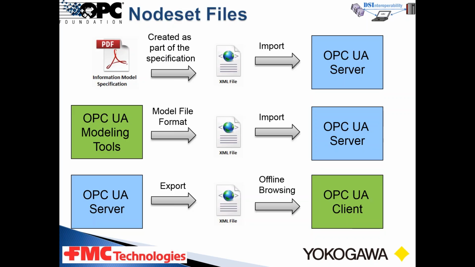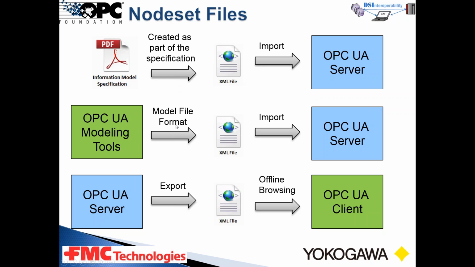So here, when subsea companies like FMC are generating their servers, they look at the information model, and this information model is generated by the MDIS committee. The MDIS committee creates an MDIS standard information model, which is also delivered as an XML file, and then they would also use some OPC UA modeling tools to generate the model for the OPC UA server. So now this model,